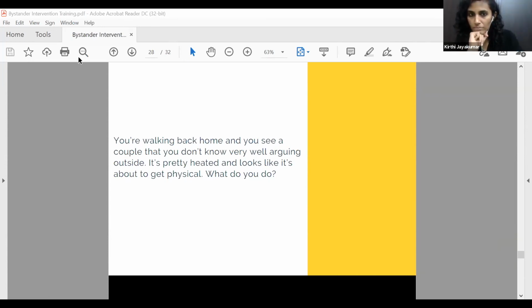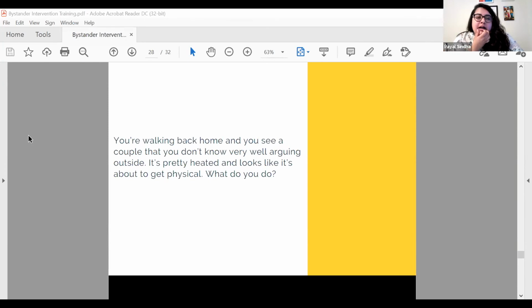We talked about a distraction method in this scenario that would work best. Walking back home, if you're not sure if you're the only person, and it's just about to get physical, you may not want to put yourself in harm's way by directly intervening, but some sort of distraction would help. Even trying to get someone else nearby to make a loud noise, or pretending that you're arguing with someone so that they get distracted and defuse the situation a little bit,